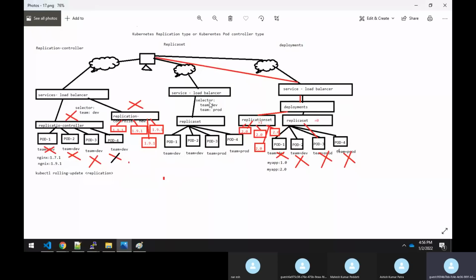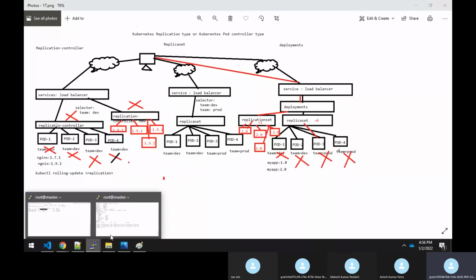Suppose you want multiple labels or multiple selectors, where you have different pods with different labels and you want to monitor all these pods, then ReplicaSet is the preferable option. In a ReplicaSet we can have control of more than one label. So let's see the practicals.